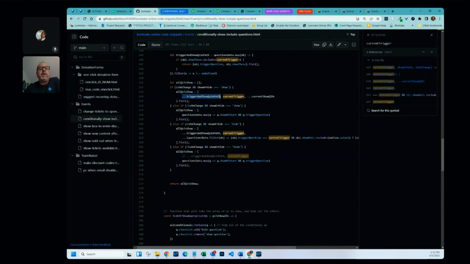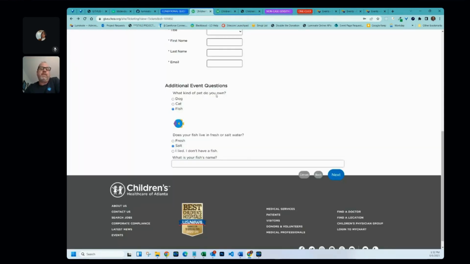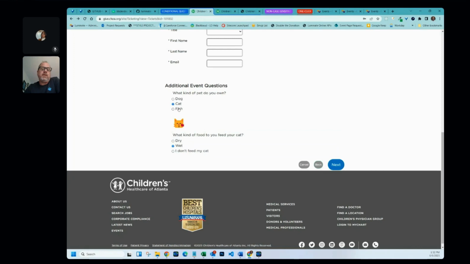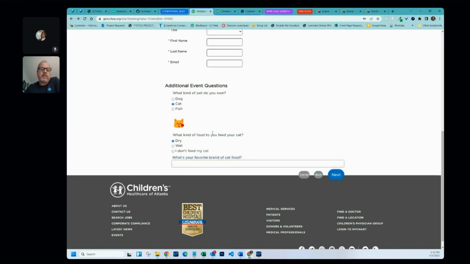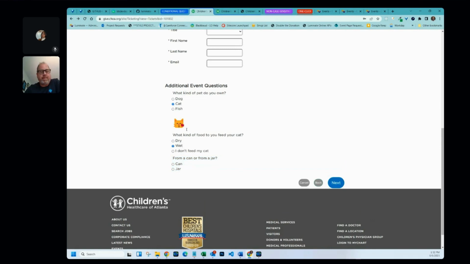And that is going to be an array of all the elements that came in the path before this element was clicked. So, for example, I click on cat, and then I click on dry, or what kind of cat food. Then it's going to show the show questions, and it's also going to show the current one, but it's also going to continue to show everything that came before. So every question I clicked on before, you don't want the previous questions to be disappearing once I click on one of these. So that is the variable